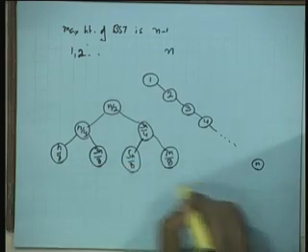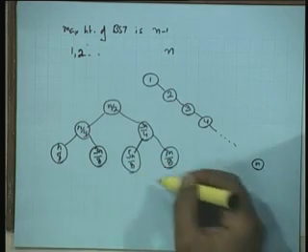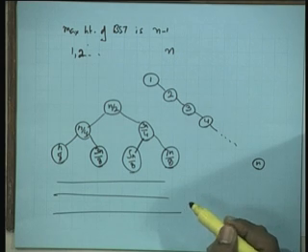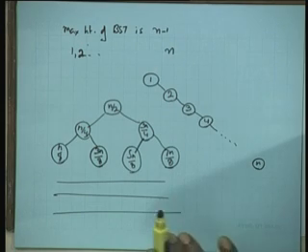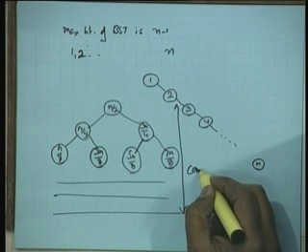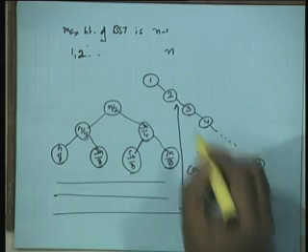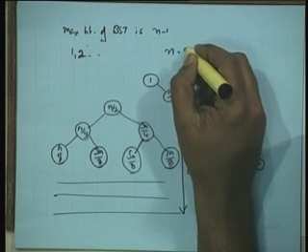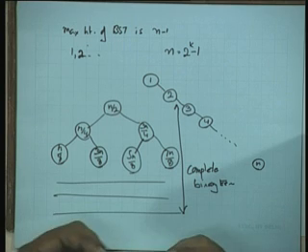Essentially, I have to go level by level: I have to insert these nodes first and only then insert the later nodes. In this manner I will end up creating what kind of a tree? Height balanced, a complete binary tree. I have not told you what height balanced trees are, and you do not even know what a full binary tree is; we have only learnt what a complete binary tree is. So, what we get is a complete binary tree, provided your n was of the kind 2 to the k minus 1.